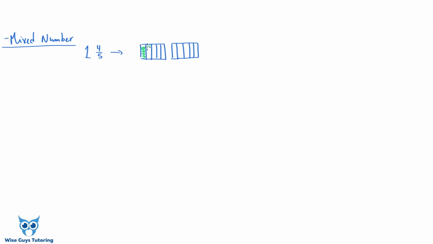So that means I have all of these. That's 1 whole, right? And I have 4/5. So if we were going to turn this into fractions, you have 5/5 and you have 4/5. And this is going to give me 9/5, right? So in fact, 1 and 4/5 can be rewritten as 9/5. But again, you're not trying to do all these figures all the time, right? So the more effective way